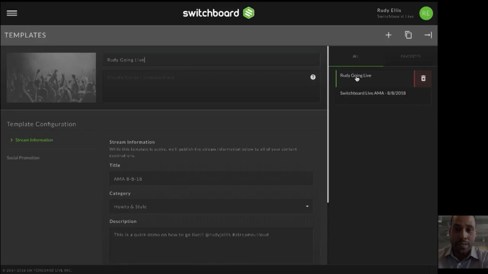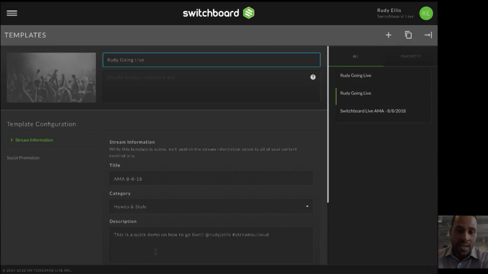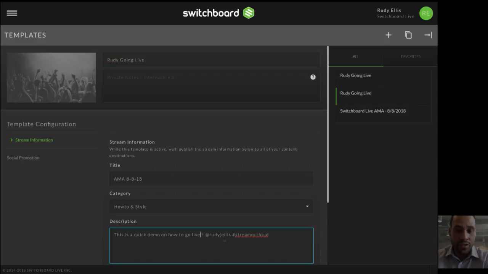But I'm going to pop in this one, which we created moments ago, right? The cool thing is, if you are using the same type of content and just want to change 1 or 2 things, you can do that by copying an already existing workflow as a template, right? And I'm going to change it to say now a quick demo on how to go live